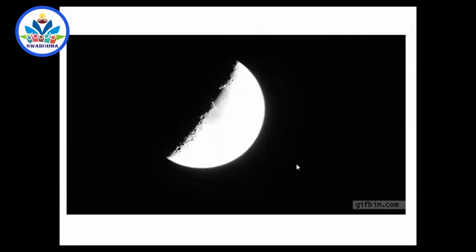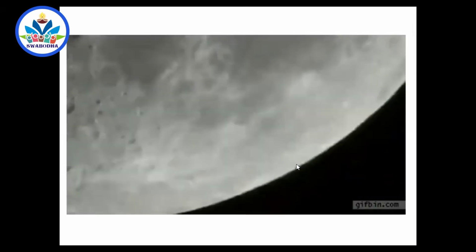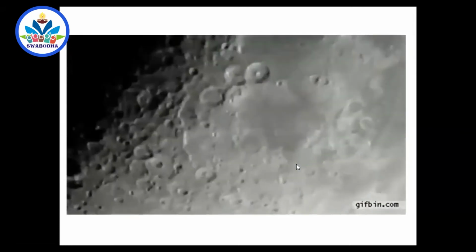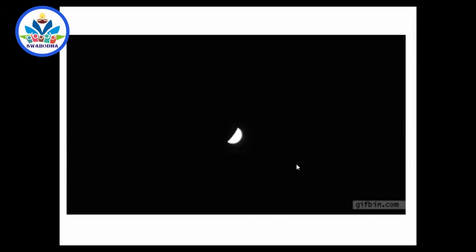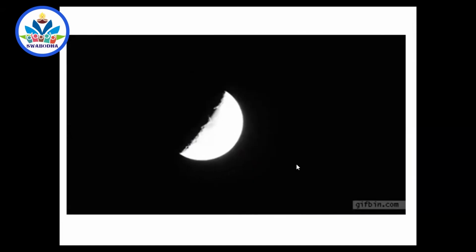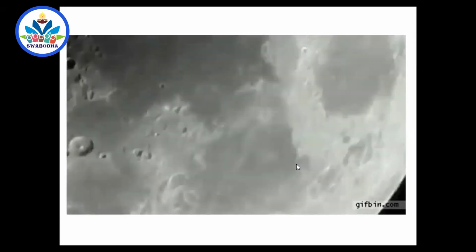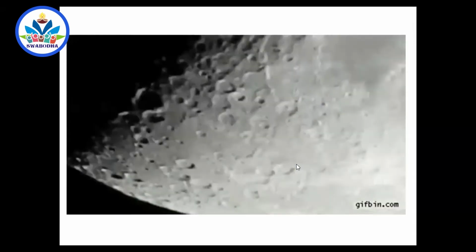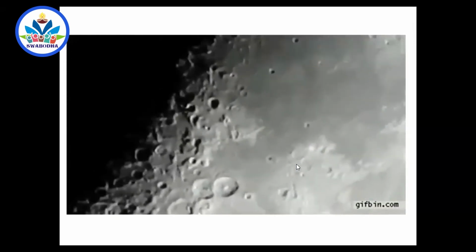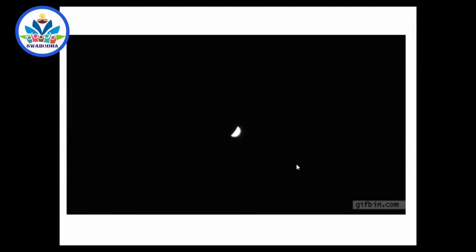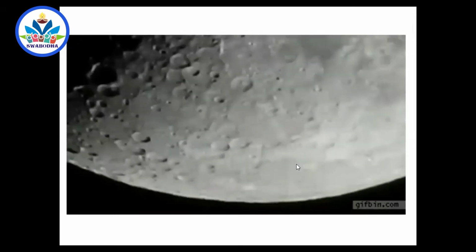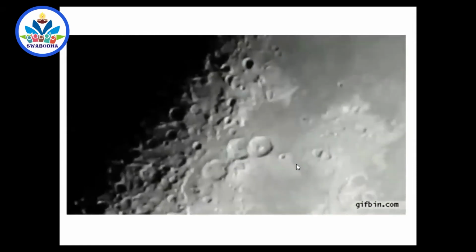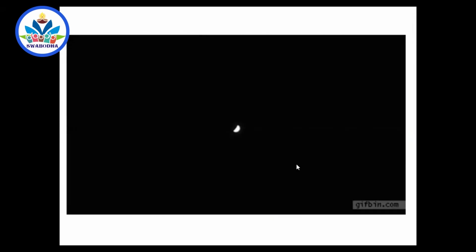But when we look through the telescope, the distance is not changed from moon to our eyes, isn't it? We are not going closer to the moon. But still, through the telescope, we will be able to see the craters on the moon. How is it possible? Very simple logic. When the image of the moon is created, when moon is seen through bare eyes, or without any telescope or without any goggles, anything, nothing, binocular, nothing.